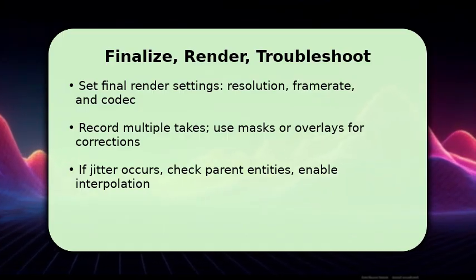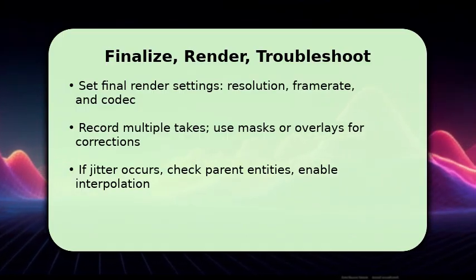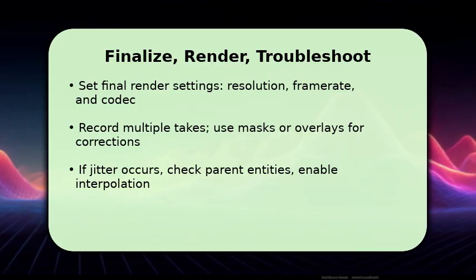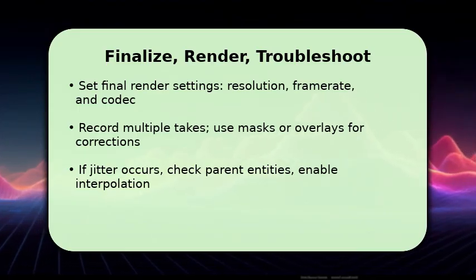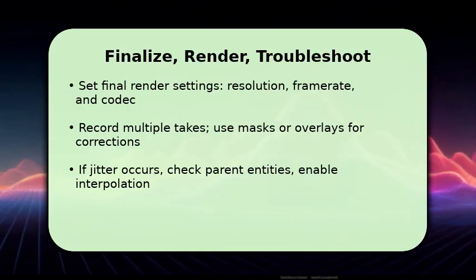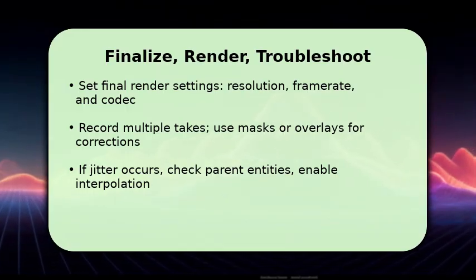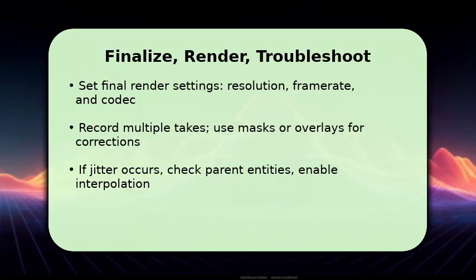If you see jitter, check that the camera's parent entity isn't physics-driven or lagging. Enable interpolation and lock transforms. When problems persist, re-record the affected sections rather than overcompressing fixes, because clean source yields